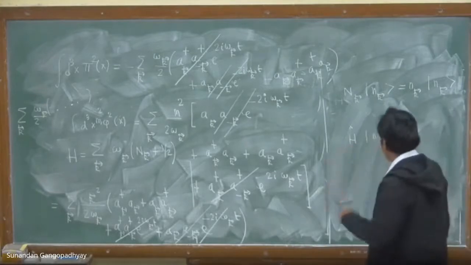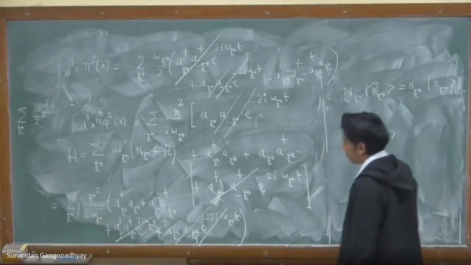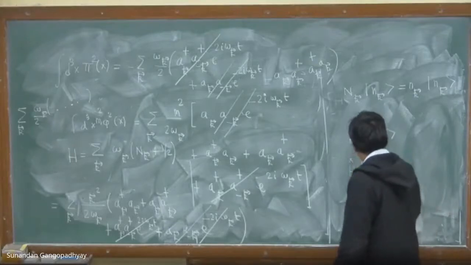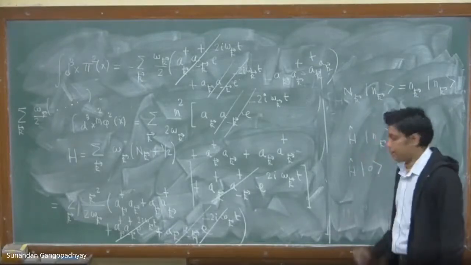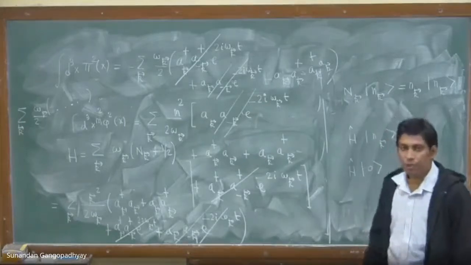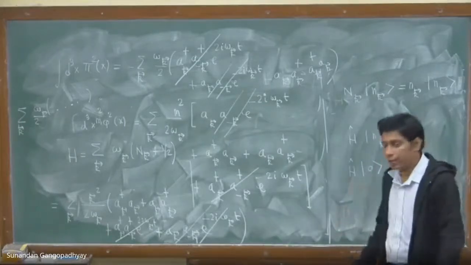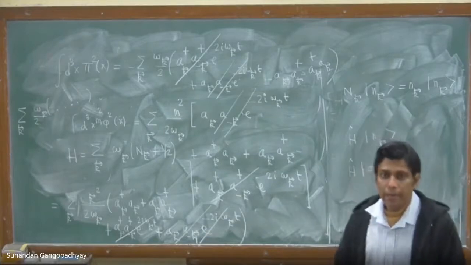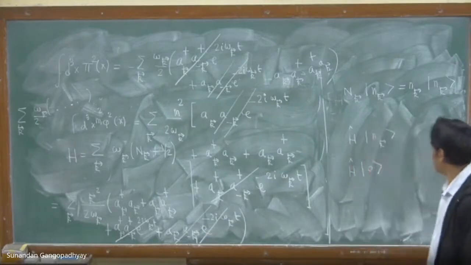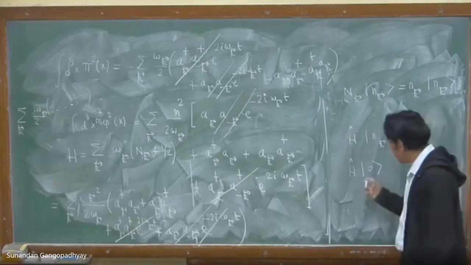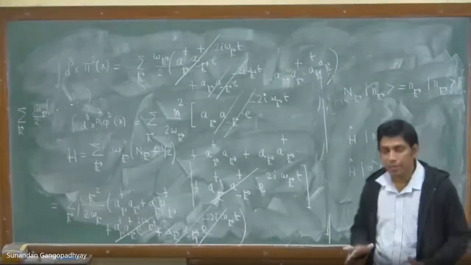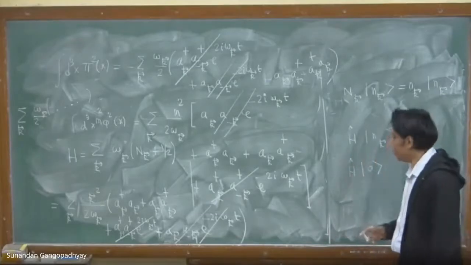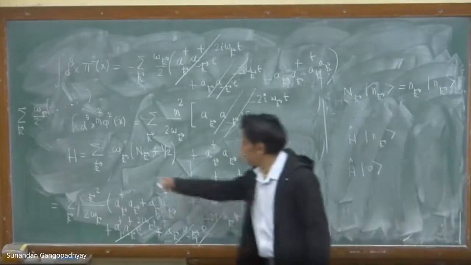But what is important is that if it acts on the vacuum, suppose this is the ground state of your quantum field theory. We shall come to the ground state in the next lecture. We have to make a detailed discussion about the ground state of this quantum field theory. But suppose this is the ground state, by definition the state of minimum energy.